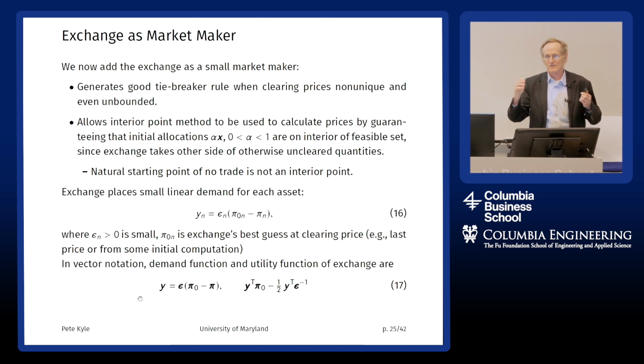Unless the prices fluctuate by some huge amount, the exchange is not going to trade very much. But that means that if we take each of the existing orders and, instead of executing a quantity of 0, let them execute a quantity of epsilon, where epsilon is some very small quantity, the exchange can pick up the balance. This will be an interior point, showing that we can start our interior point method off with an interior point. Furthermore, well, let me keep going.